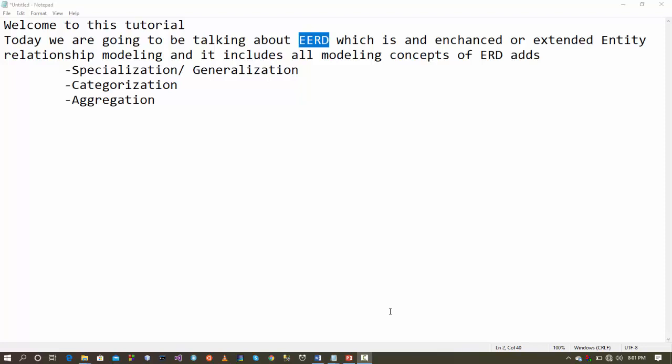Welcome to this tutorial, you guys. Today we are going to talk about EERD, which means Enhanced or Extended Entity Relationship Data